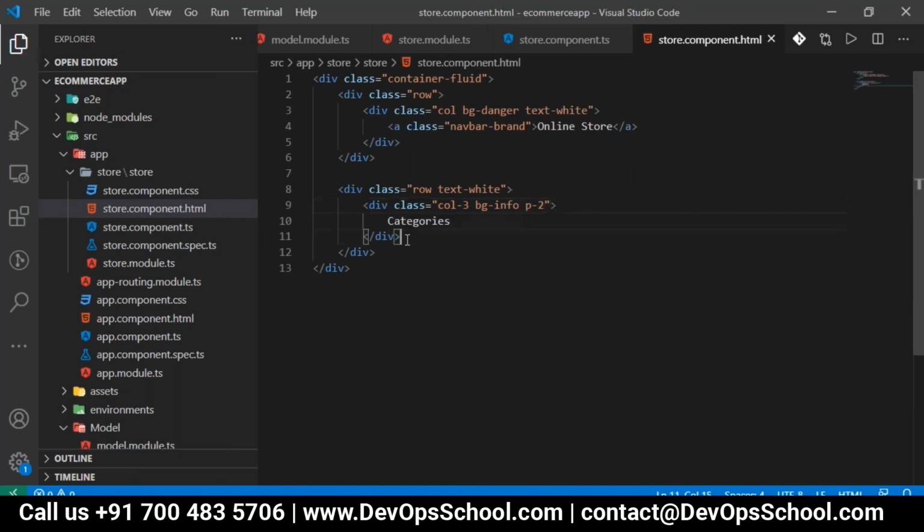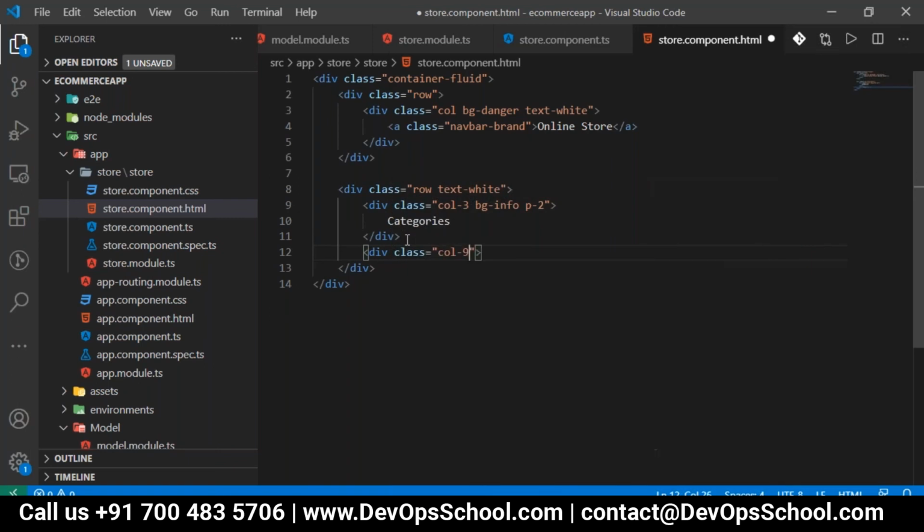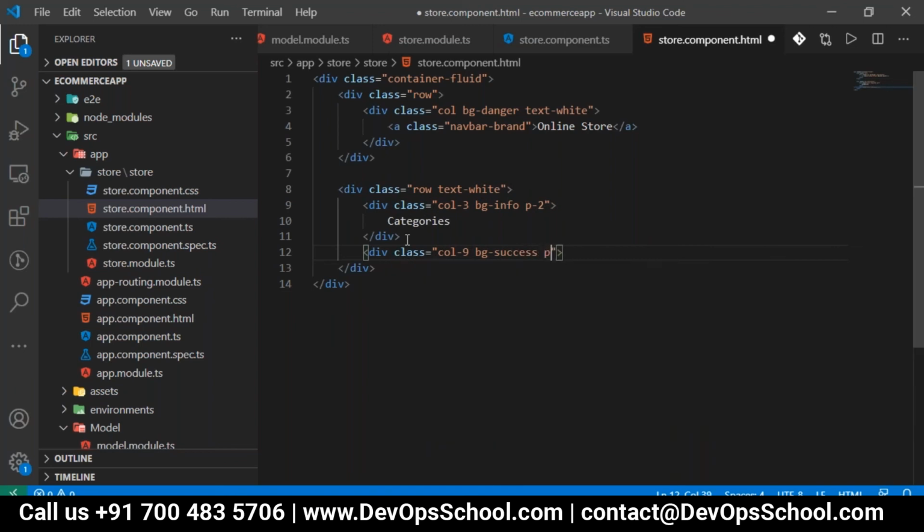That's the category. Then the next div class we wanted, which is col-9, and it should be with background of success. So bg-success and padding of 2. So here I just display only products.